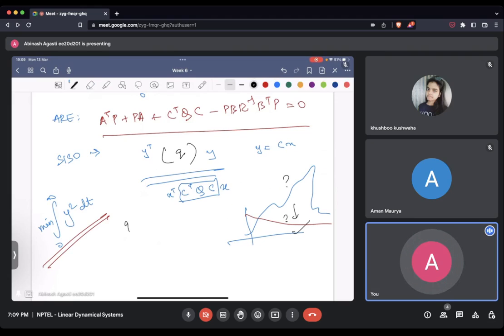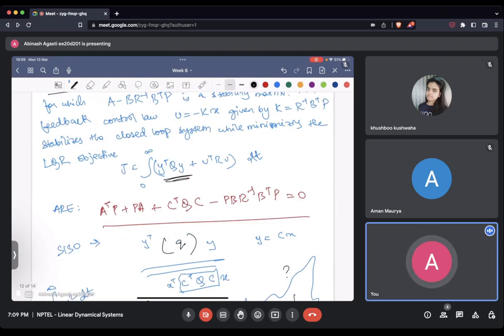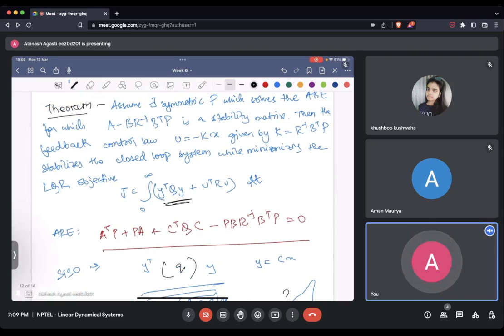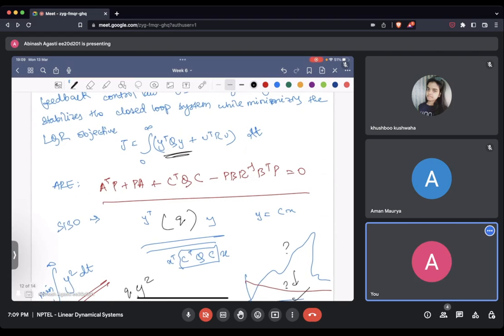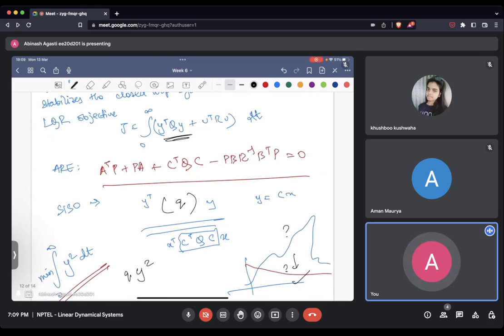So what does that mean? I am doing q y square as my minimizing term. So this Q matrix is just like a weighting matrix, like we do a weighted sum. The weights are just how much weightage you put on that particular variable. And similarly, U transpose RU also corresponds to